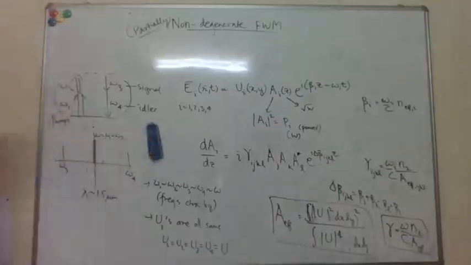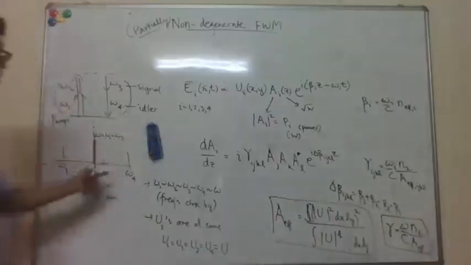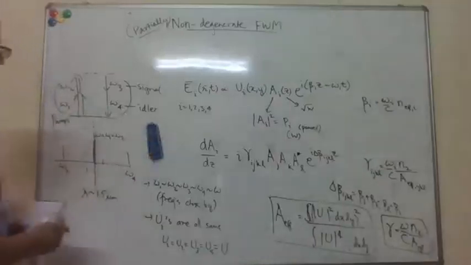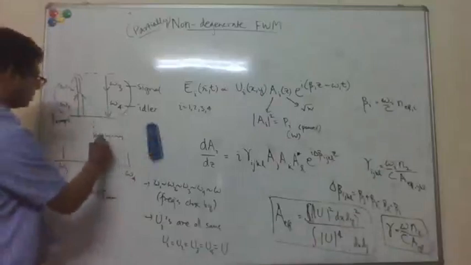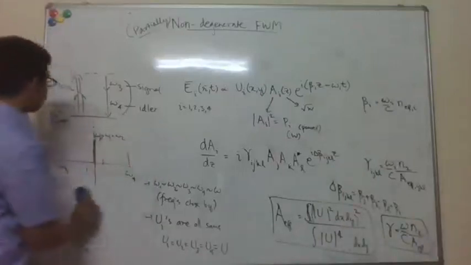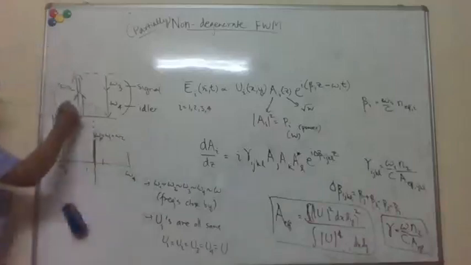Omega 1 and 2 are the same, and then omega 3, 4 can be different, but they'll be symmetrically placed about my pump frequency, right? Then both of these are omega p,